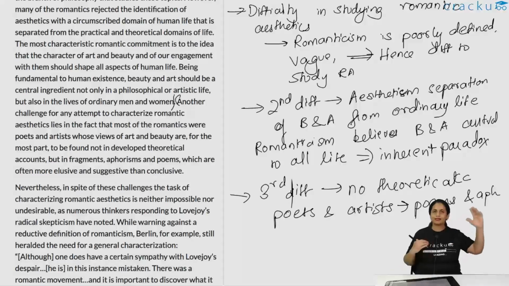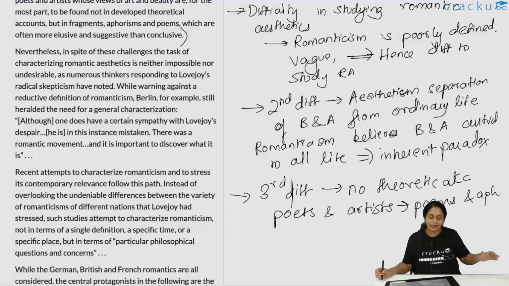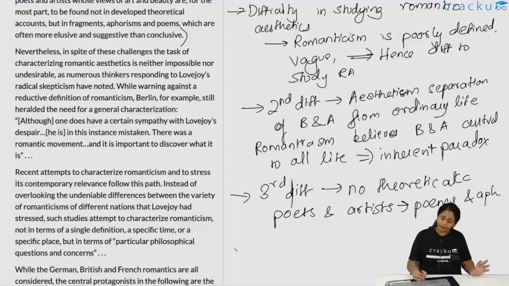Okay, so now that we understand the three main difficulties in studying romantic aesthetics, let's take a look at the next part. Nevertheless, in spite of these challenges, the task of characterizing romantic aesthetics is neither impossible nor undesirable, as numerous thinkers responding to Lovejoy's radical skepticism have noted. So basically the author is saying that there are three difficulties, but it is not impossible to actually define and study romantic aesthetics. The author says it is neither impossible nor